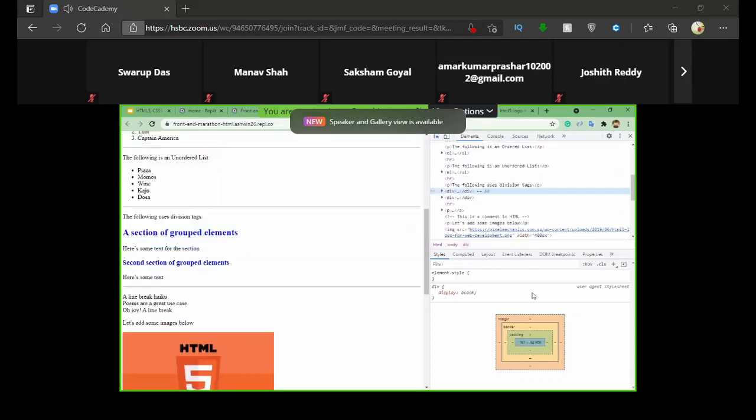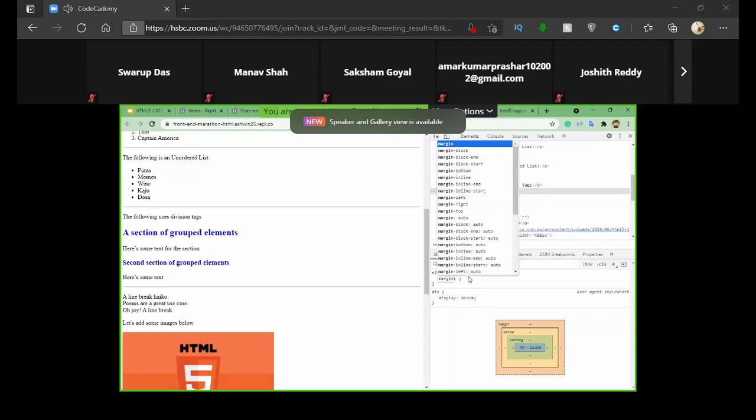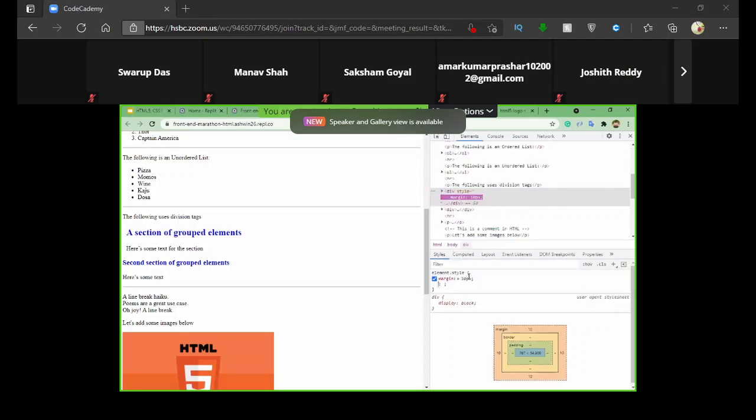When I click this division tag, as you can see, Google Chrome also provides this box model for us. If we want to add properties inside Google Chrome itself, we can use this over here. As you can see, we have some spacing over here. This is called margin.